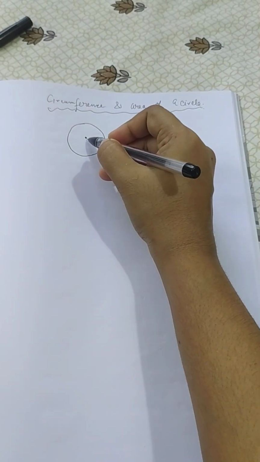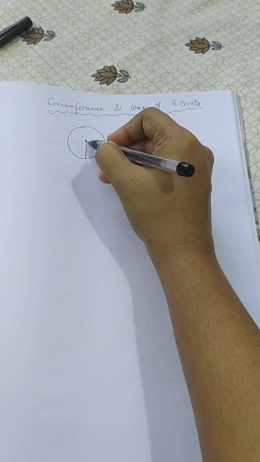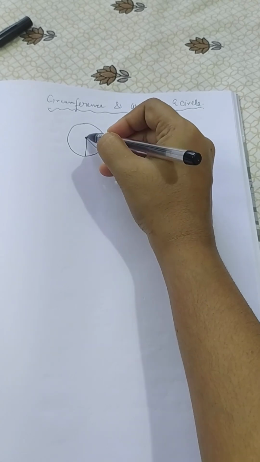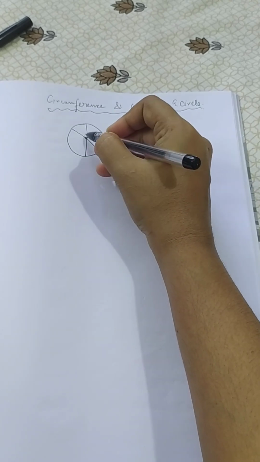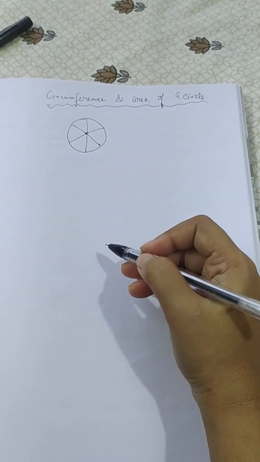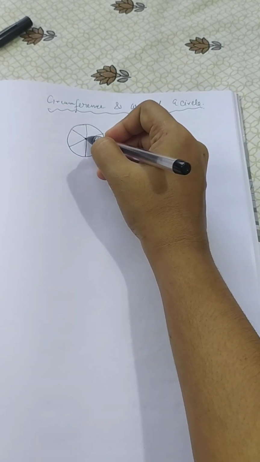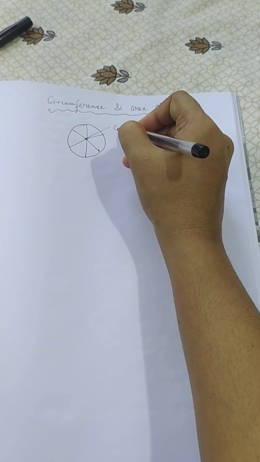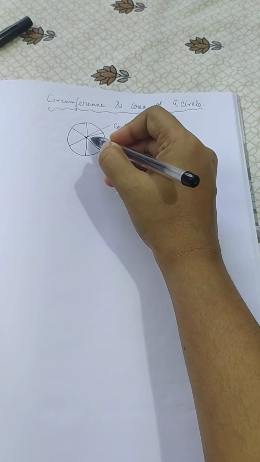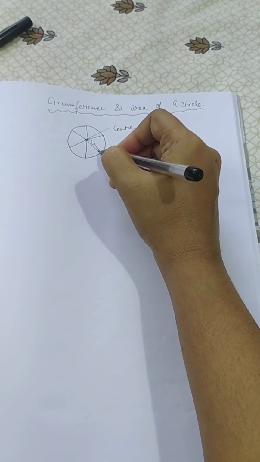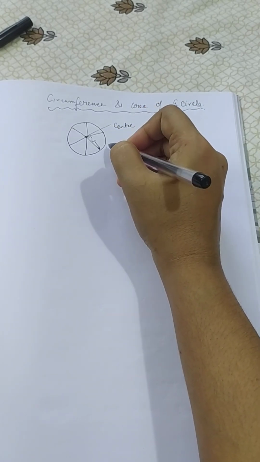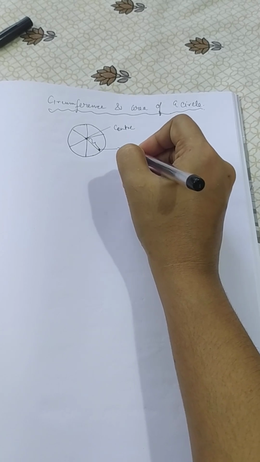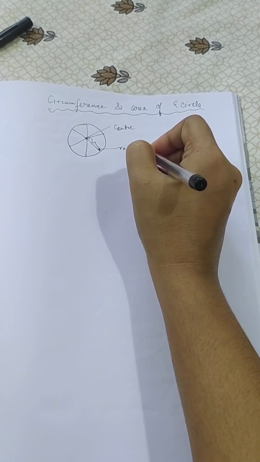And from this point, each point on the circumference has the same distance. And if it is a center, half of the circle from the center is called the radius,